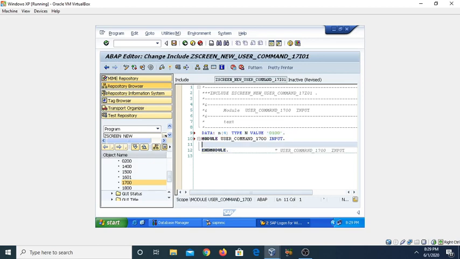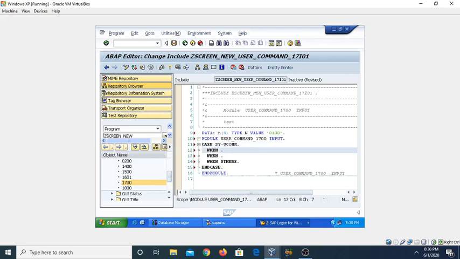Now in this module we need to call the particular screen, so we will use the case here. In this case, when the user will press the button, I am assigning here the SY-UCOMM. Either you can also create the OK code button. In the previous practical program we have created the OK code, and OK code will work the same as SY-UCOMM. So in my case I am using the SY-UCOMM. So user will press any key or push button, it will take the command, the system command.